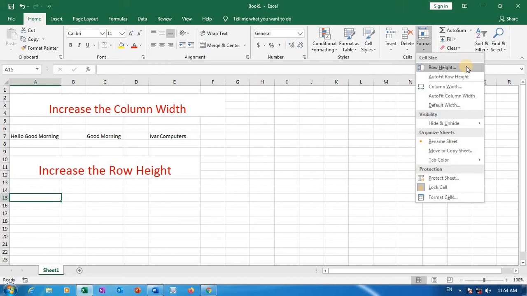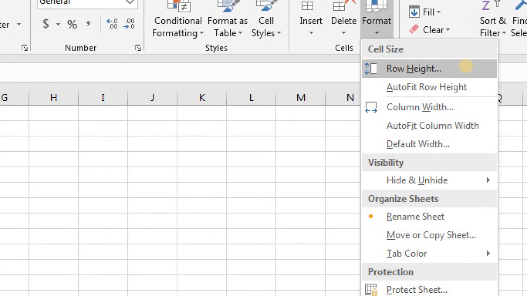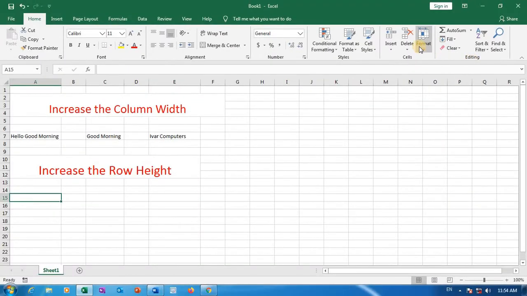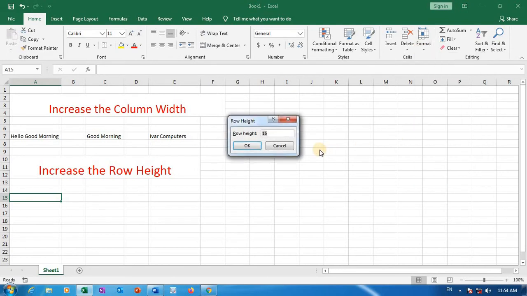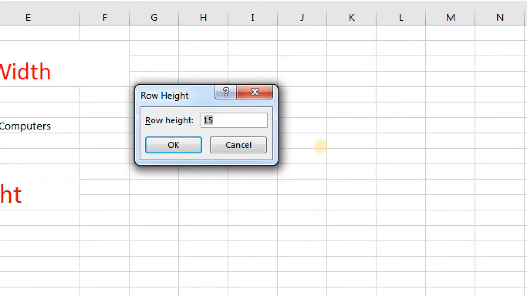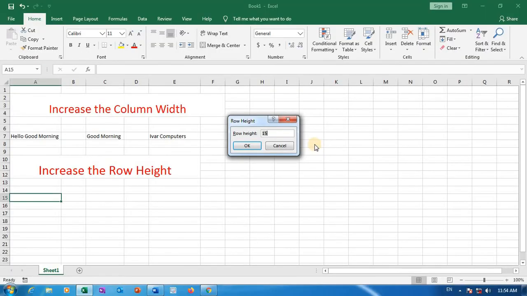Here the row height option is there. Just click on it. Immediately the row height dialog box is displayed. The default row height is how much? 15. The default row height is 15.